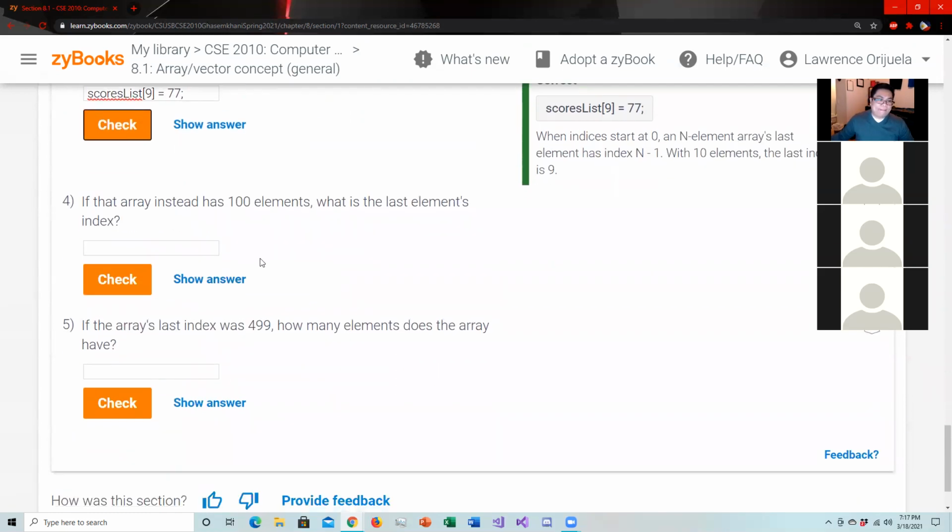Right. Question 4 says, if that array instead has 100 elements, so instead of having 10 elements, let's say that it had 100 elements, what is the last element's index? Yeah, it would be 99, because since n is 100, the index of the last element would be that much minus 1. So I will say 99,